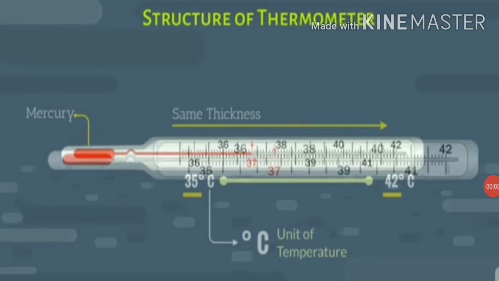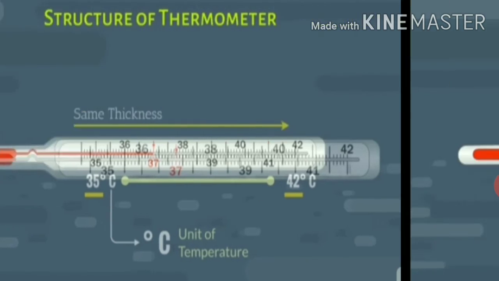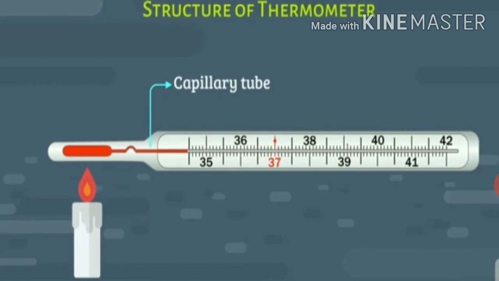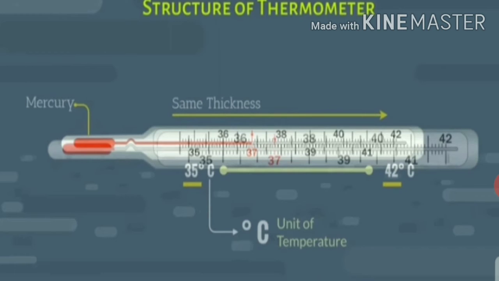So students, mercury expands when it comes in contact with a hot object or hot body. When mercury expands, it pushes through the constriction, but when it is taken out of the patient's mouth, the mercury does not go back to the bulb. Why? Because of the kink. So the doctor can read the patient's temperature easily. The mercury can be brought back into the bulb by giving it a jerk after the thermometer has been read.